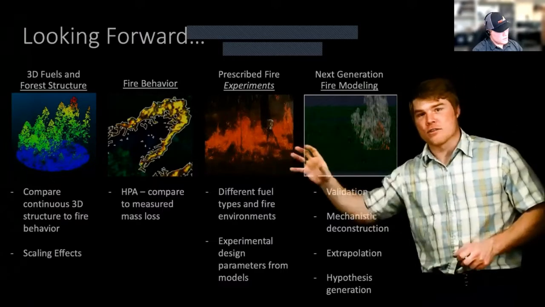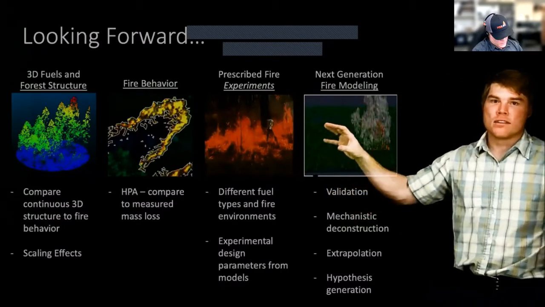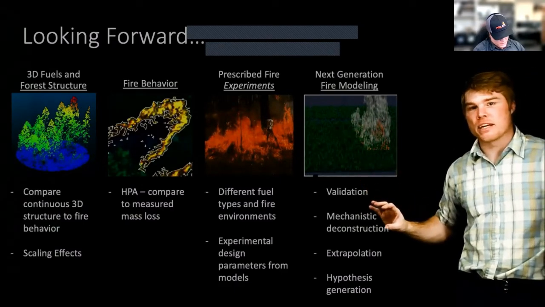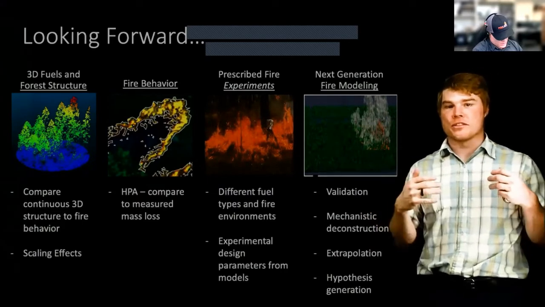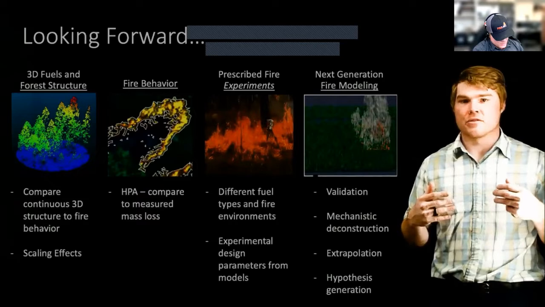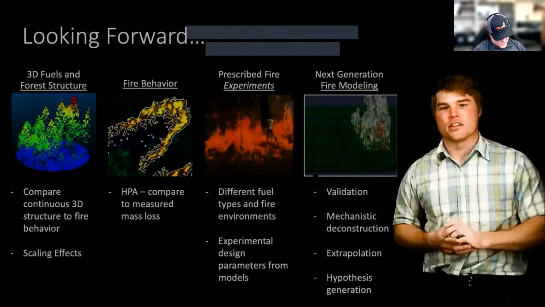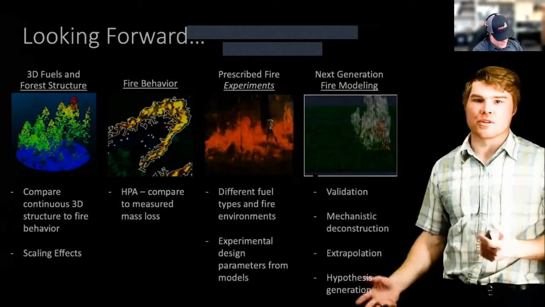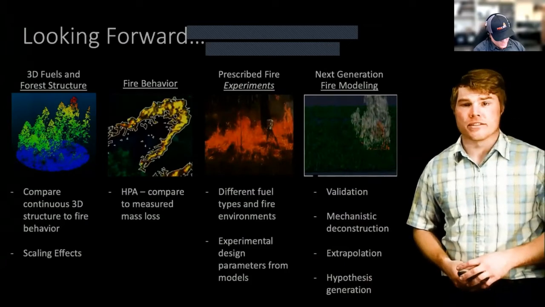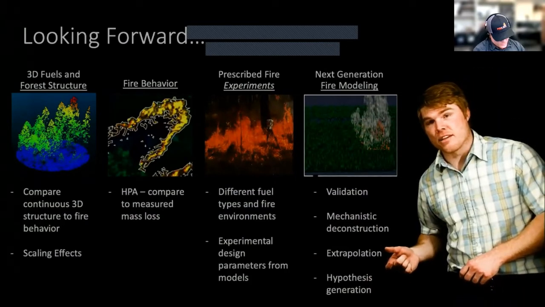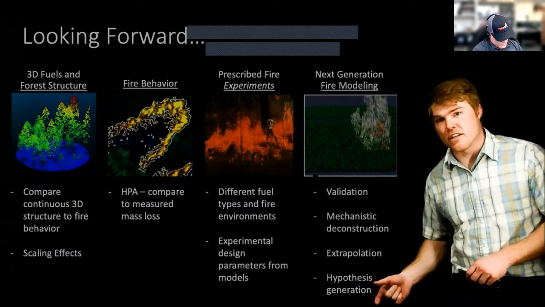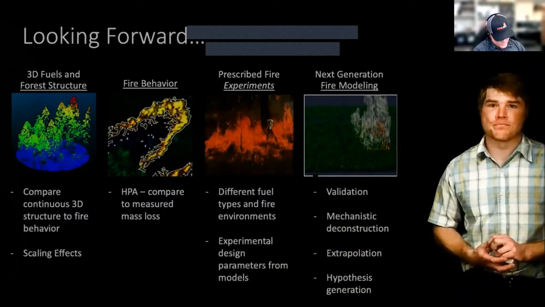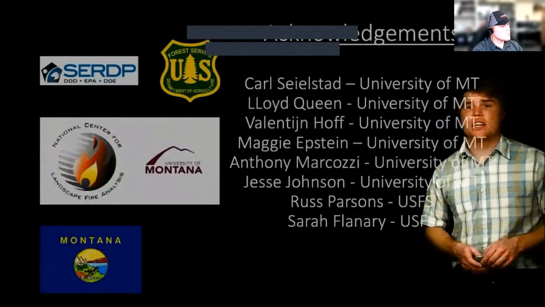And then this feedback loop that I mentioned, that we're getting experiments, developing them in the models as well, in order to validate, to mechanistically deconstruct, to say like, oh, it's convective or radiative heat transfer that's driving, say, that chevron development. You can get that out of the models. Hard to really measure that. We only can look at the radiative fraction in our designs. But then extrapolating, changing the parameters within the model, creating hypotheses that then inform a new set of experimental design parameters. So that's all I have today.